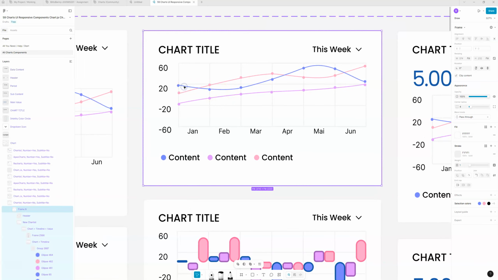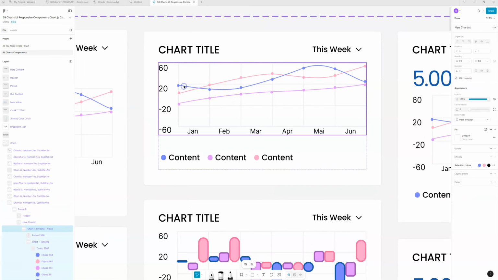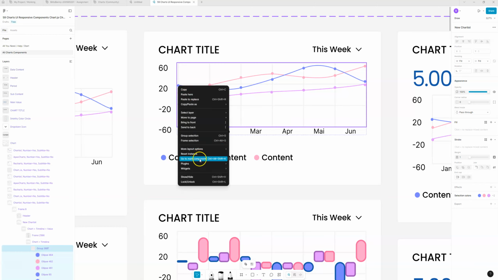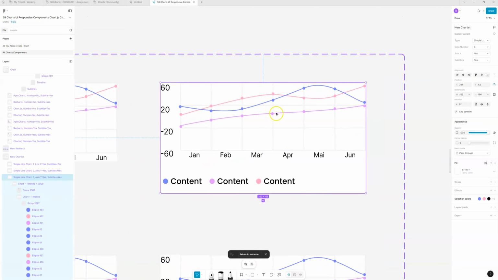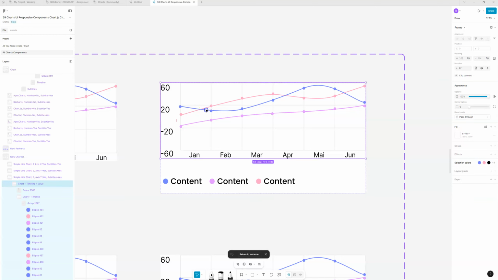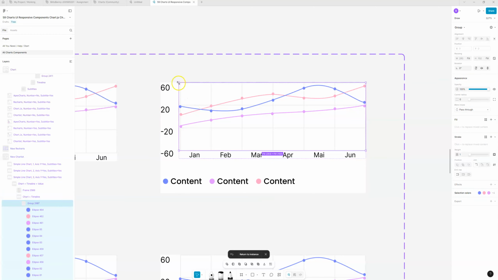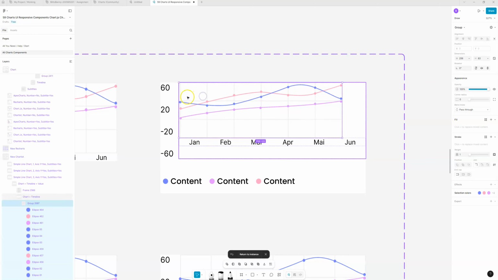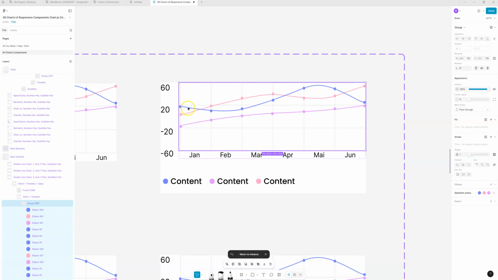So even if I come into this library, so this is the original library that I'm allowing you guys to use, you can see I can't move these. However, if I right click and I go to the main component, it's going to take me to the component that that's based off of. So here's the original layout. And if I double click any of these, you can see how now I've got the option to shrink things, right? So those little arrows show up. And if I keep double clicking,